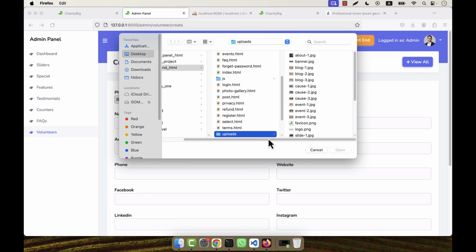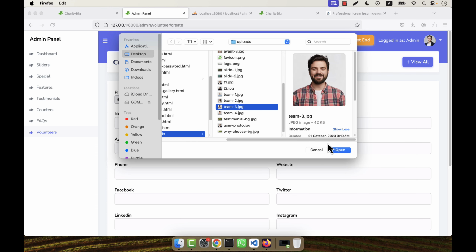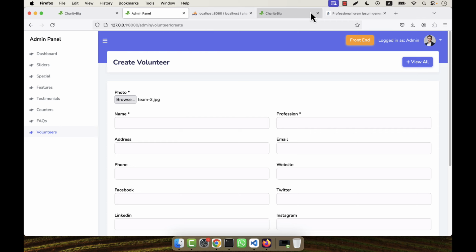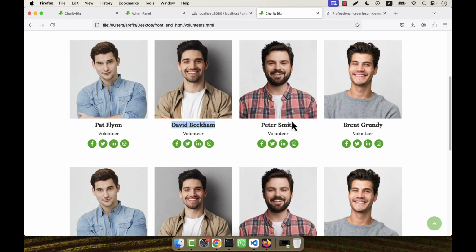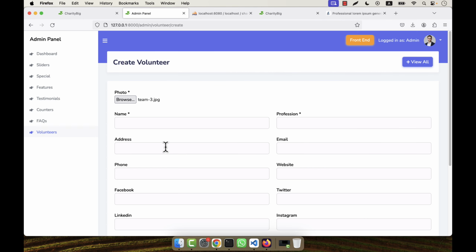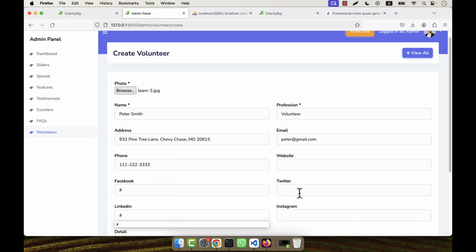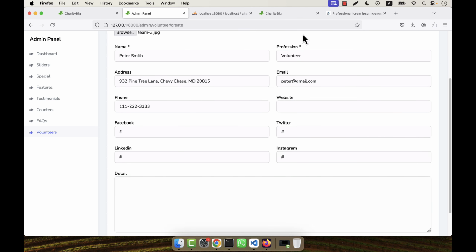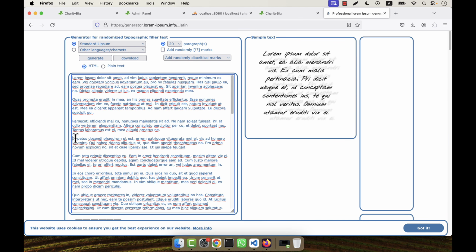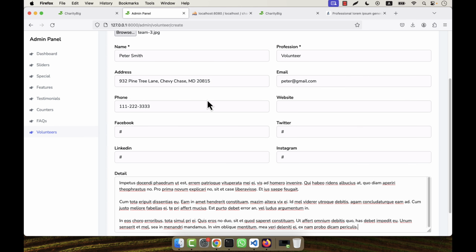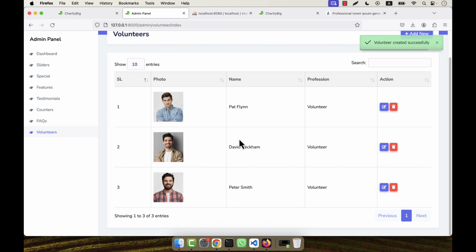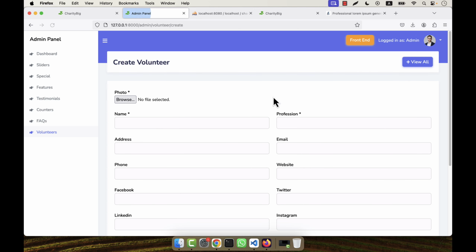Another one, and I am going to add here as a volunteer, that is team 3. This person is okay. What can be his name? The name is, for example, Peter Smith. So like this. Profession volunteer. Email is Peter. Address is this. Phone, website, and here is Facebook, LinkedIn, all data, and the detail is, for example, this. Submit. So 3 persons I added here,